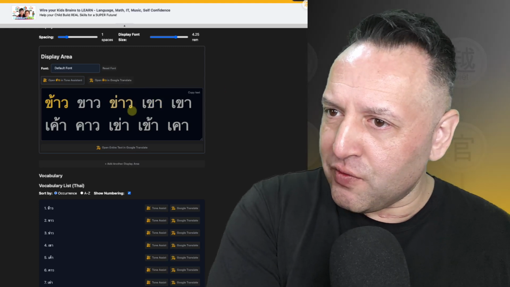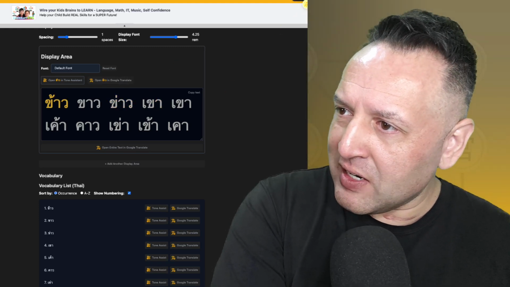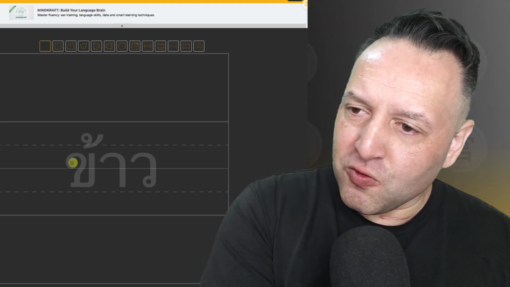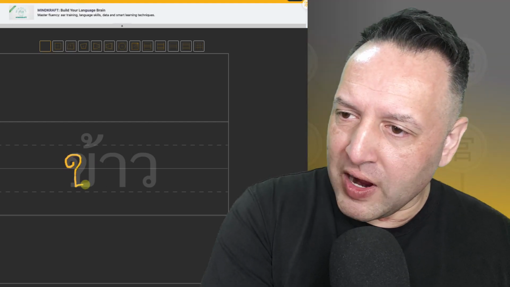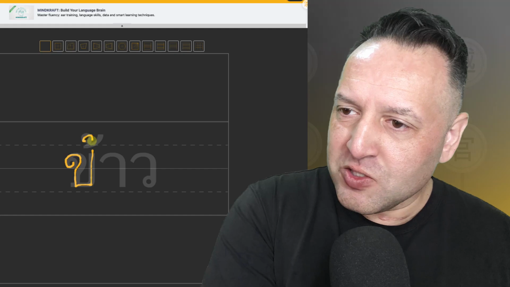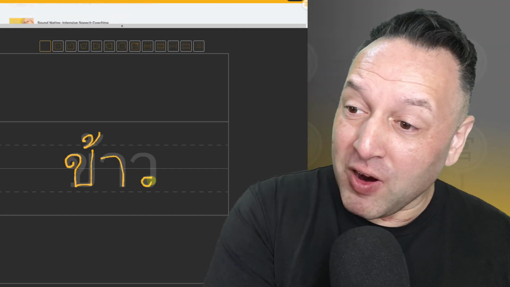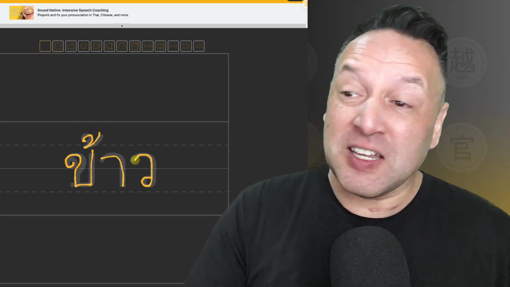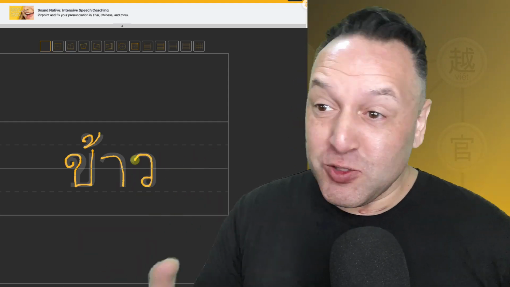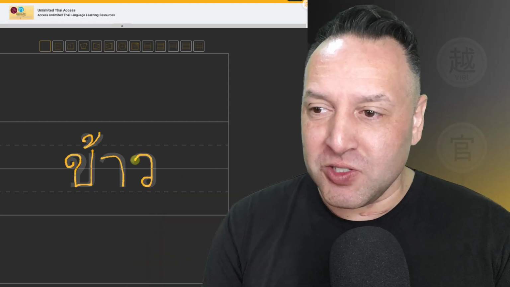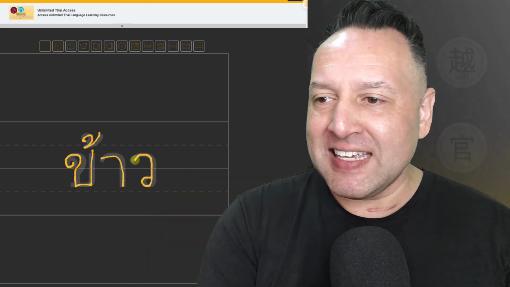And you can actually click on each of these words and you will see it's copied to Sketchpad. So if I open the Sketchpad up here, bang, I can actually write and practice writing the language in here. So this tool, just from these KAO words, you can actually get the writing, you can get the tones, you can get the spacing, recognizing patterns, all from this one post that was done as a meme. It was a bit of a joke, but it actually turns into a super valuable lesson in Thai.